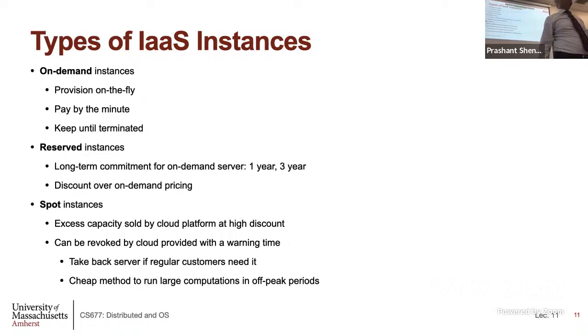But you can save all of your state, okay, and then request an on demand and restart your computation. Or you wait until the peak workload has subsided, and then you can request it again. So you can just say, I'm not going to pay more. I'll just wait until the next time you're willing to give me a spot server. So you can keep requesting until it's granted again. Okay? So one of those two things has to be done.